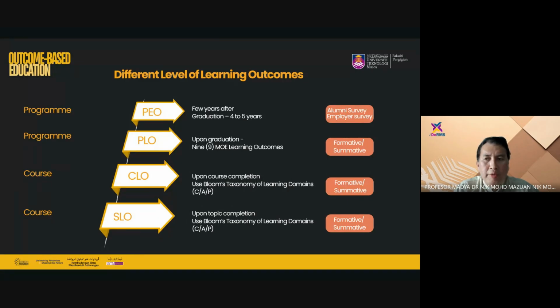Only 3. First is the Diploma of Dental Surgery Assistant. The program standard is by the NQA, by the Allied Health Sciences Board. And the Masters by Research and PhD by Research are not under MDC, the Malaysian Dental Council. But the rest are under the Malaysian Dental Council, and they all have program standards.